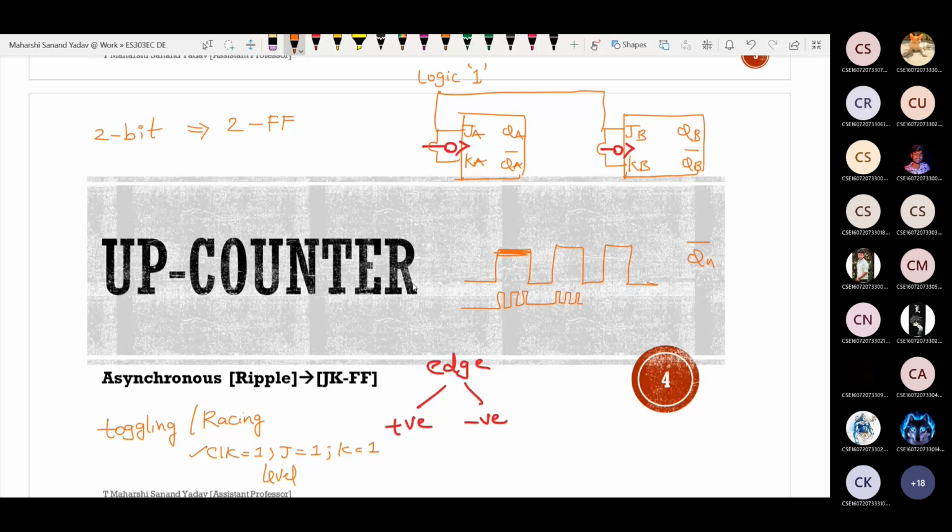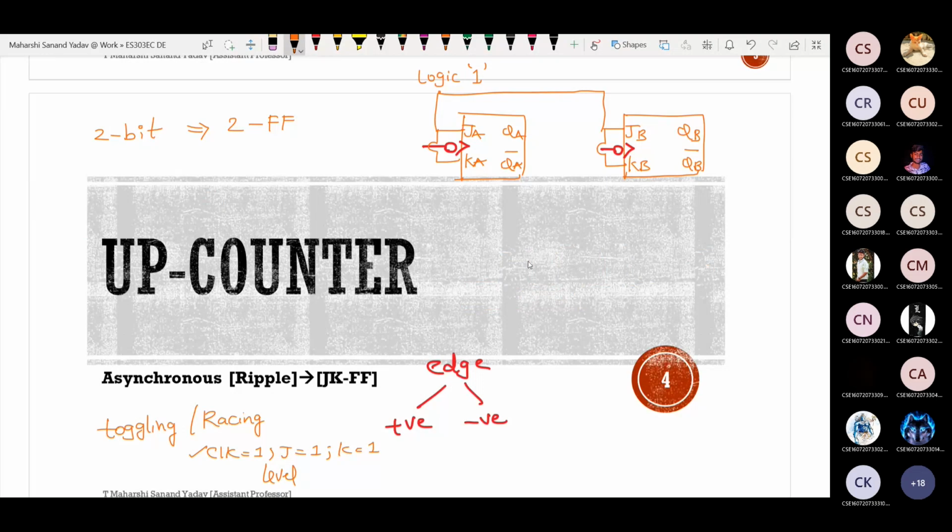In order to overcome this, we have seen 3 kinds of solutions, that is using edge triggered flip-flops, edge triggered clocks. Next one is T/2 less than propagation delay. And one thing is master slave. Okay, now let us try to go for 1 and 1 conditions. Okay, done.